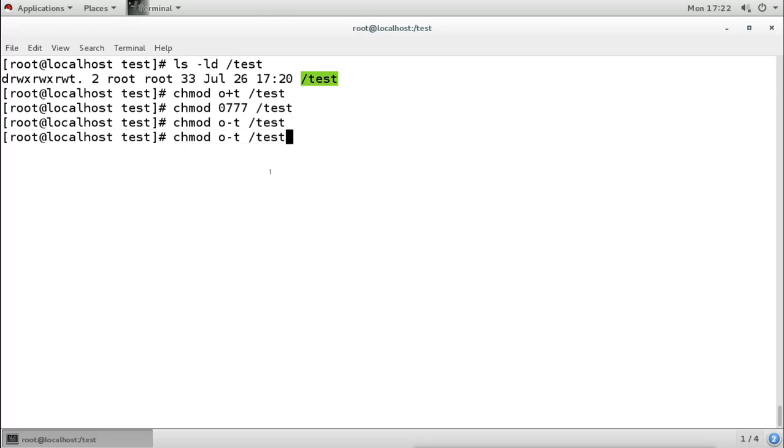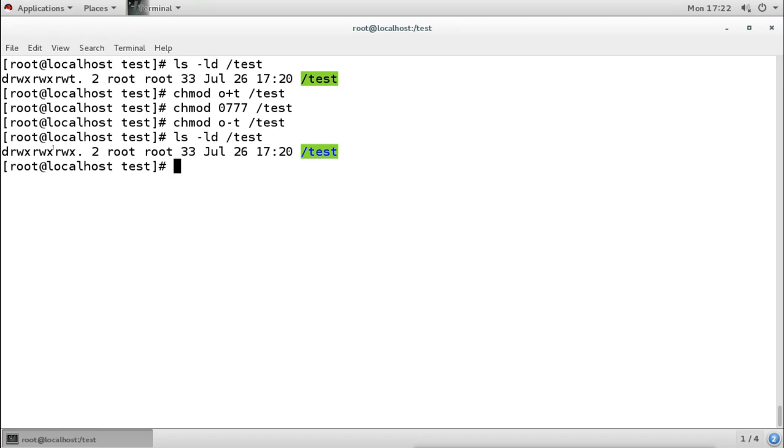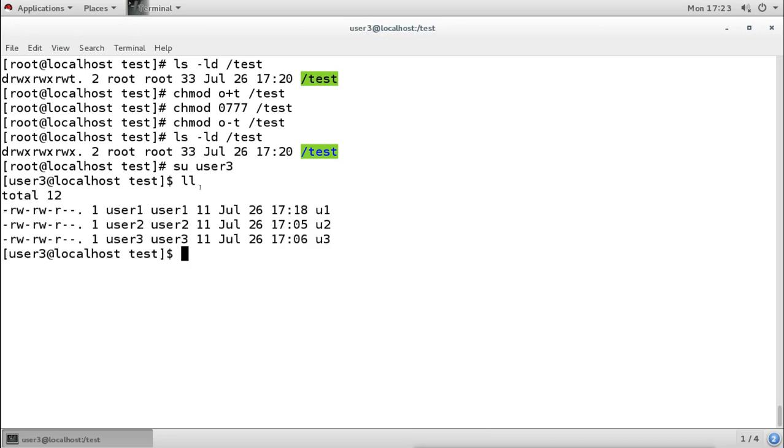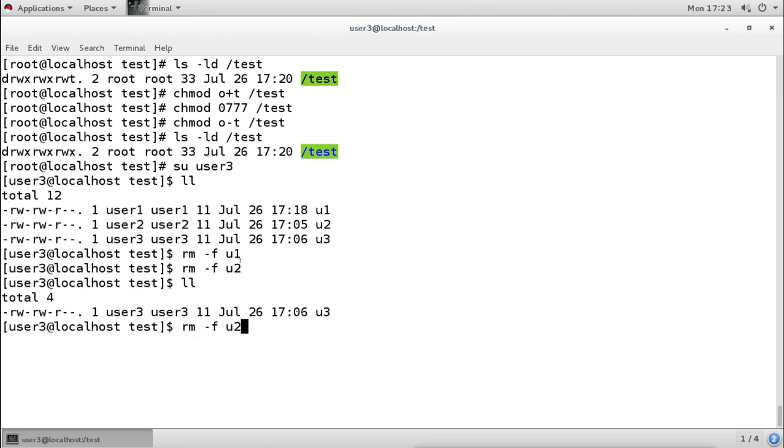Now when we check the permissions, we can see it is normal, there is no sticky bit, and now if the user tries to remove the file, it can remove it. Now this user 3 can remove the other users' files also. User 1 removes, user 2 removes, and its own file also, because we removed the sticky bit.